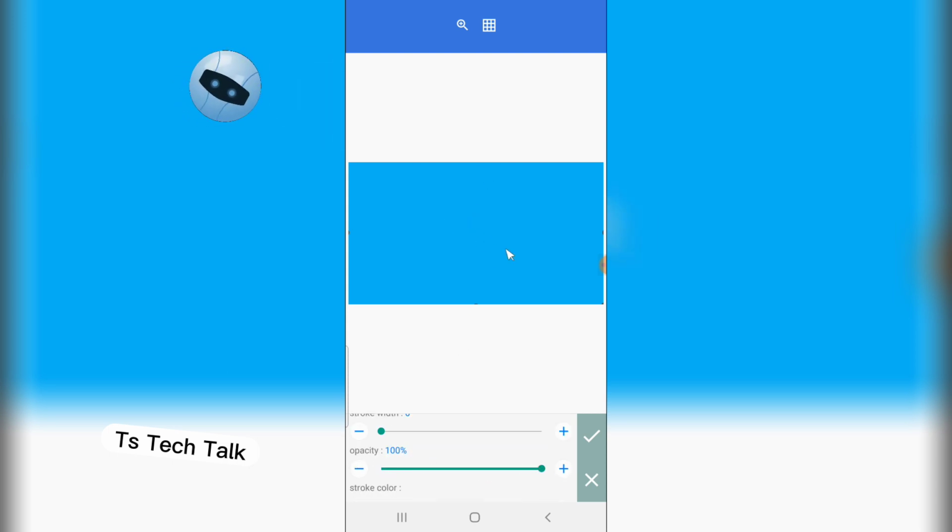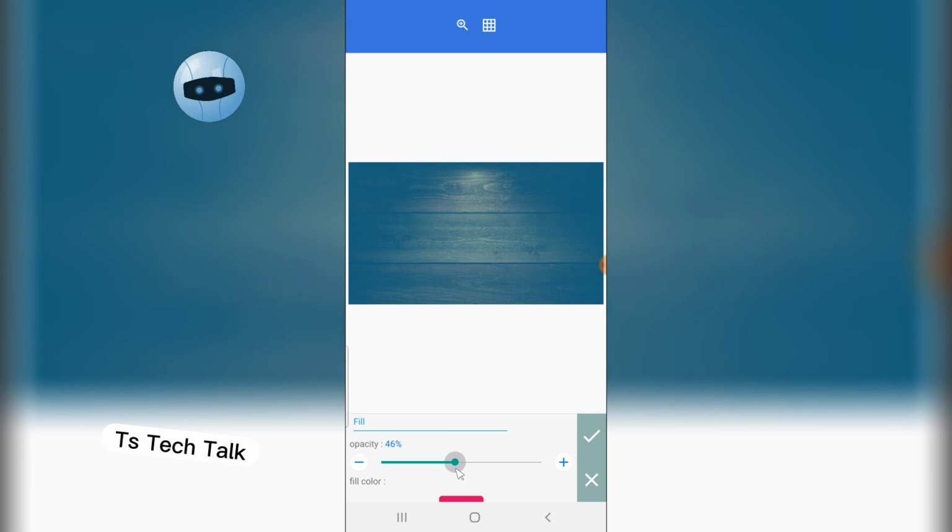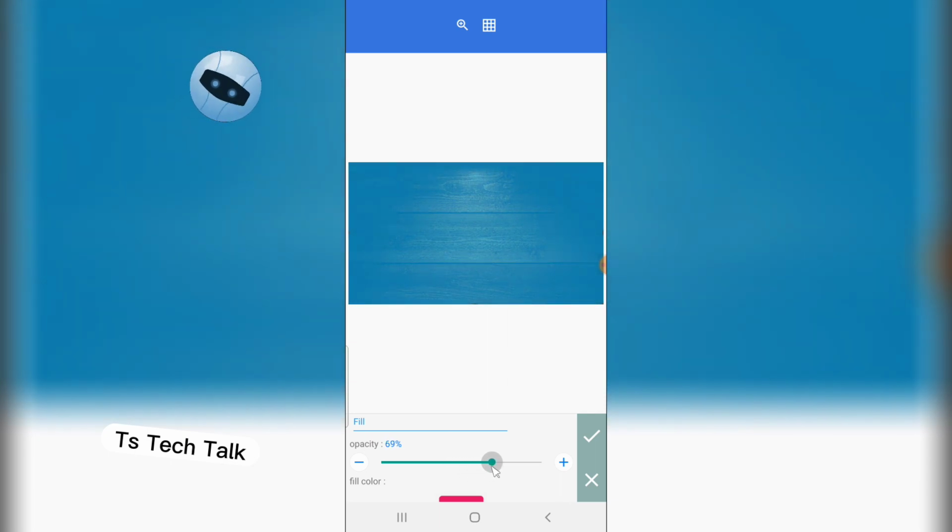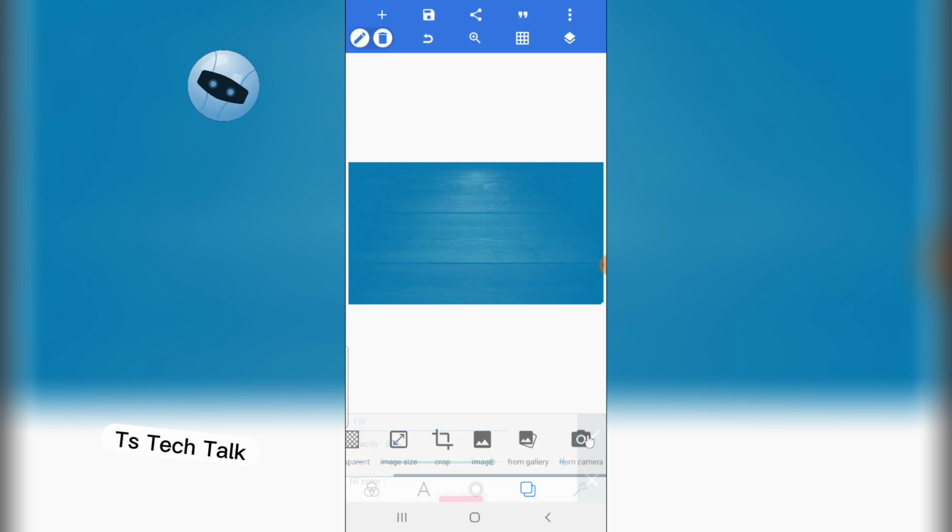Now to make this a little bit transparent so that you are going to see our previous background, all you need to do is, under this opacity area, no, that should be on the top section. Yes, right here. Drag it down a little bit towards this area. I think I'm okay with this. So I'm going to click on this check icon to confirm. And anytime, guys, you want to re-edit this opacity, you can always click on this area and you edit it